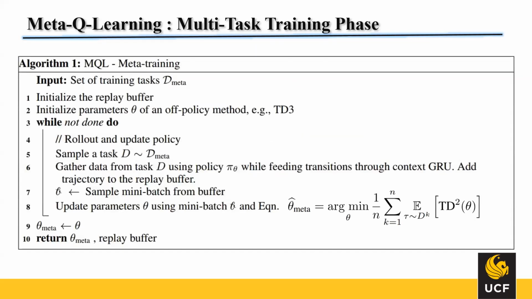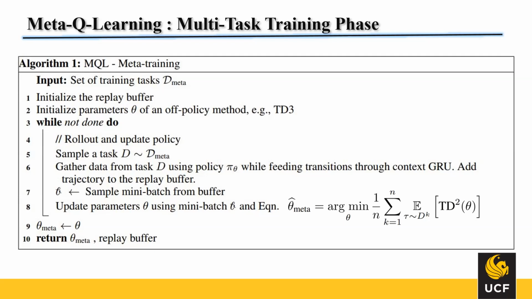So let's look at the pseudocode of the multitask training phase. We start with the meta-training tasks. We initialize our replay buffer and the initial parameters, theta. We sample a task T from our pool of meta tasks. We gather data for the task T using our policy pi_theta, and we also learn the transition representation, that is z, through the context GRU,